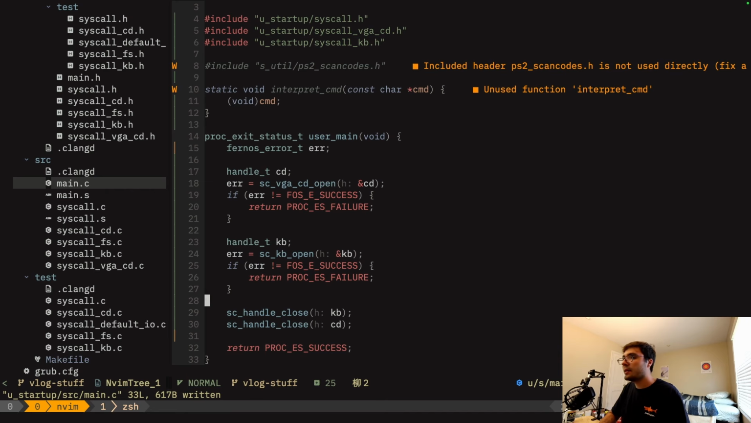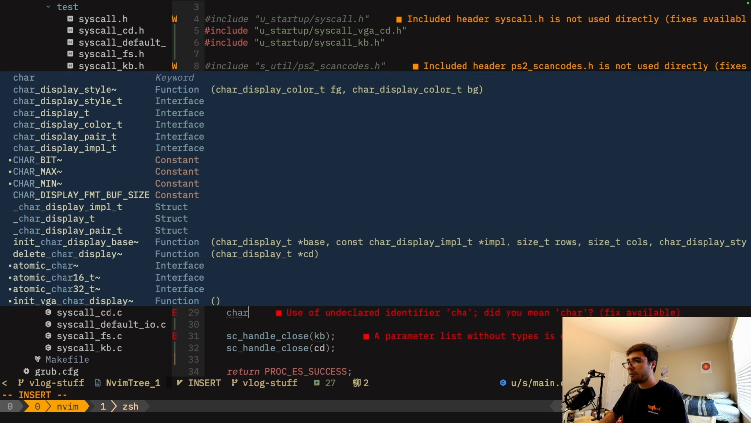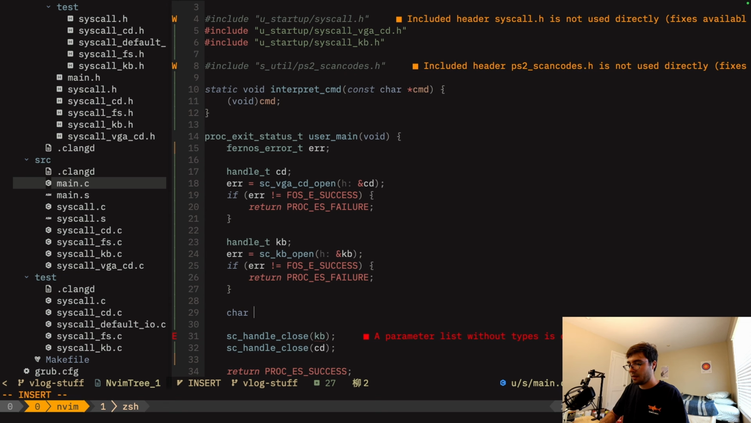Okay, so now I thought we could use our keyboard driver to actually do something interesting. I think we could start by writing a simple command prompt. And then later, if this video isn't too long, we could have commands actually do something. So let's try this out. First things first, we are going to need some sort of buffer. I'll call it command buffer, give it a size,